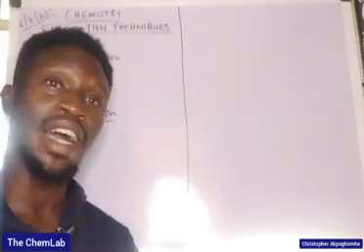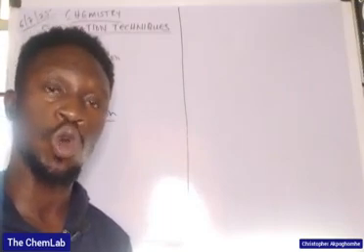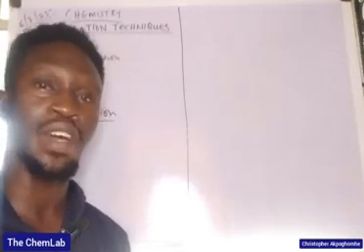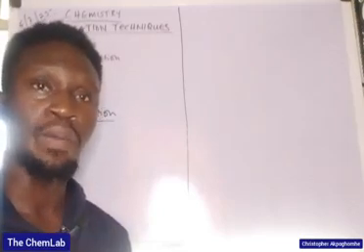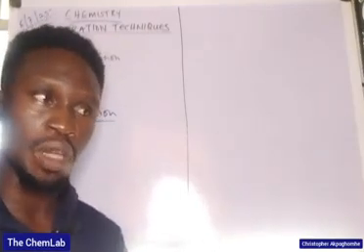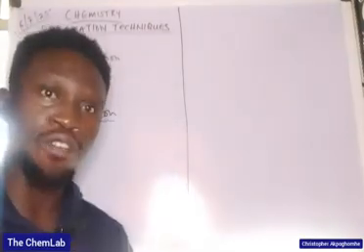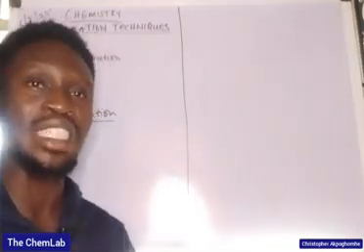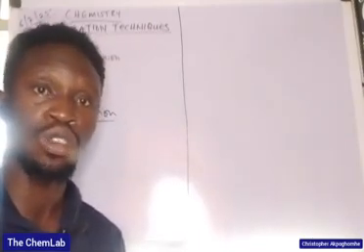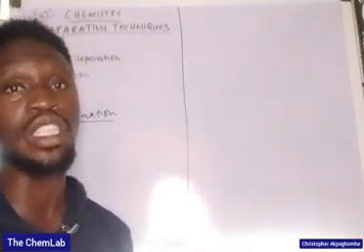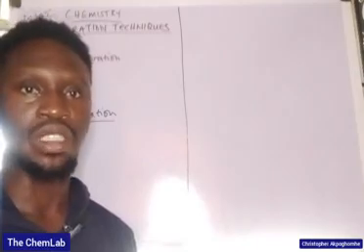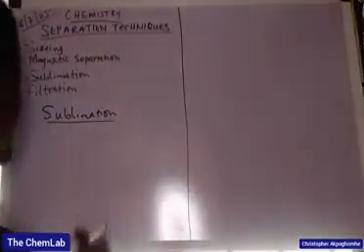So it means that the camphor has turned into a gaseous state, and you can sense the fact that it has turned into a gaseous state by the smell that is around that area. It will be smelling like there's camphor in that area. So that camphor has turned directly to the gaseous state without passing through the liquid state. So we could actually say that the camphor has sublimed. Okay, so sublimation